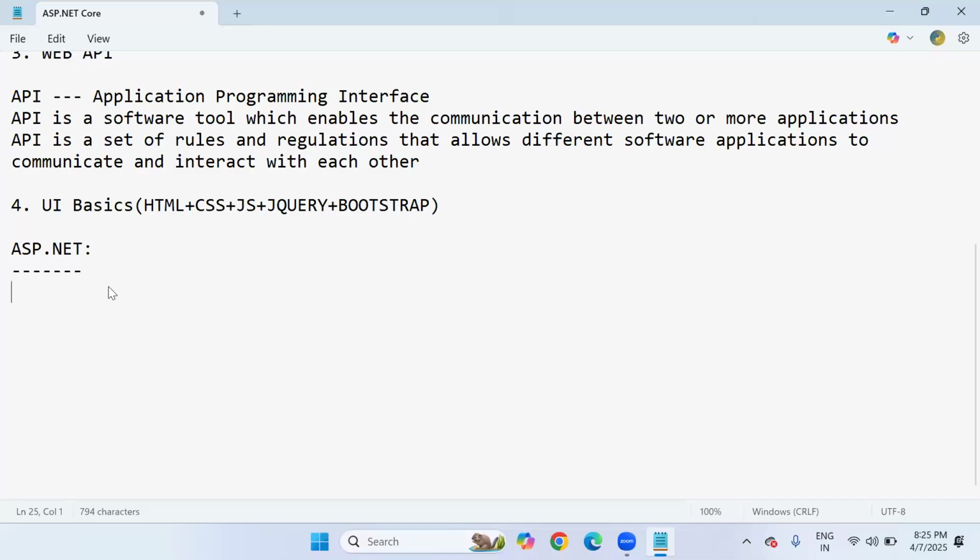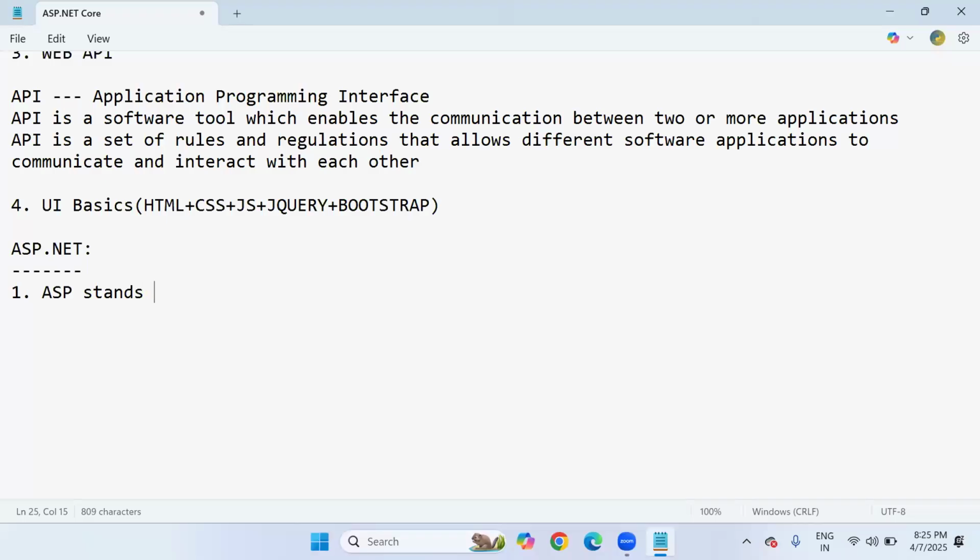Before ASP.NET Core, there was ASP.NET only, which is completely platform dependent style, which runs on Windows. So later Microsoft released .NET Core along with ASP.NET Core, which makes it platform independent, running on Windows, Linux, Mac OS, and other tools. So let's give a brief introduction of ASP.NET. First of all,